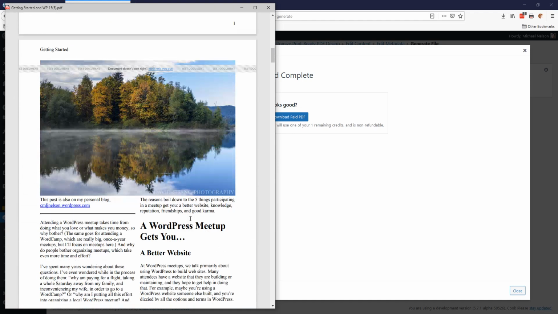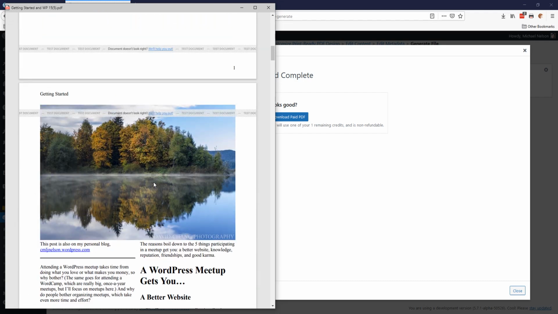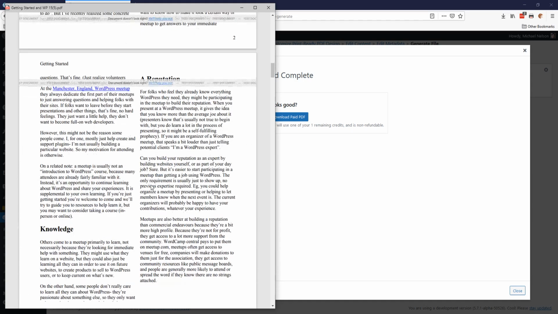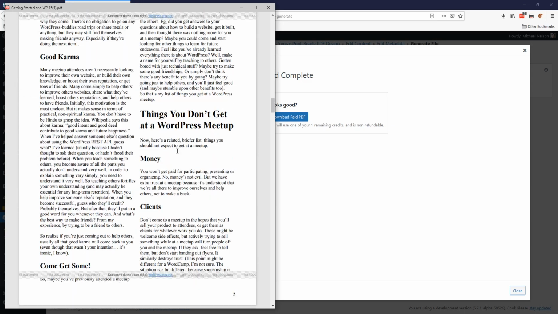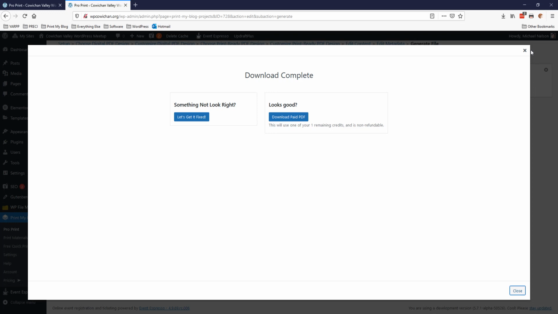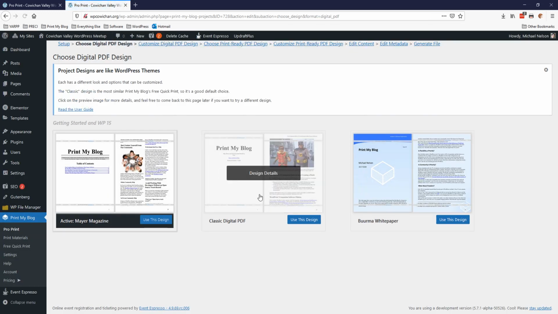There's our nice little two columns. There's a nice little image that spans the two columns. Most images fit nicely in one column. Anyways, let's look at a much more colorful